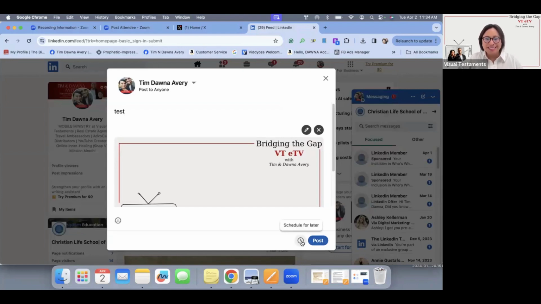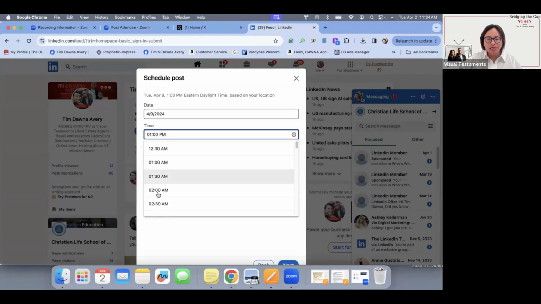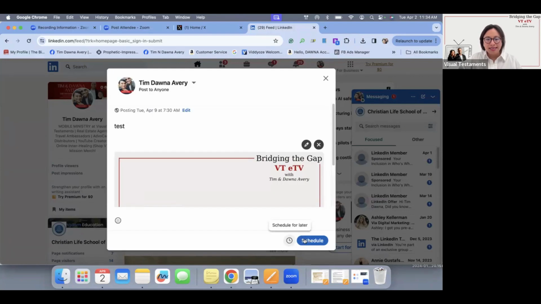Here's the cool thing about LinkedIn. You can also schedule a post for later. So click on the little time clock and then pick the date that you like along with the time that you like, and then click Next, and then click Schedule, and you're all set for a scheduled post on LinkedIn